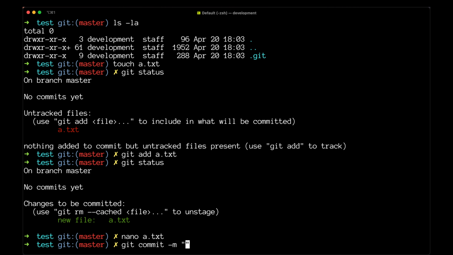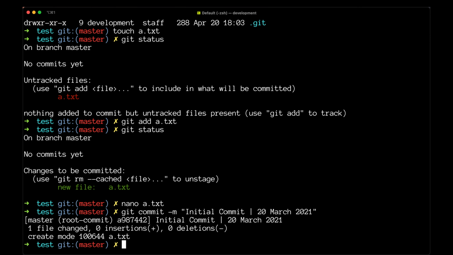So normally the first commit you do in a repository is first commit or initial commit. I'll just go with initial commit, and the way I like to do commits is by giving the name of the commit and this standing line and then the date on which I'm making the commit. So today is 20 March 2021. So I'll give this, and now when I give enter, you can see that it shows one file changed, 0 insertions and 0 deletions. This is because we have not changed anything in our a.txt nor deleted anything in that file.